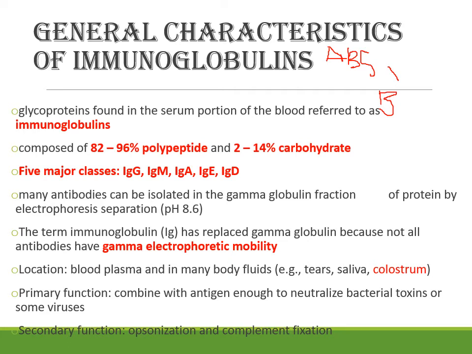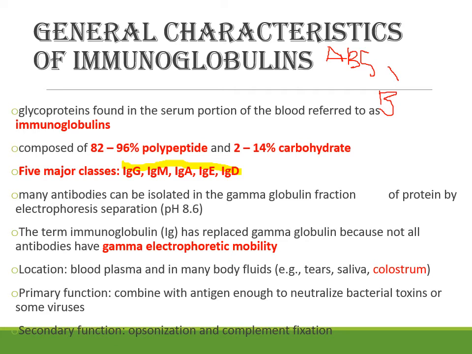Okay, so we have IgG, IgM, IgA, IgE, and IgD. And one method to classify immunoglobulins is based on serum protein electrophoresis, which will be discussed in the next video. When you talk about electrophoresis, we separate the different types of proteins based on their ability to migrate to a positively